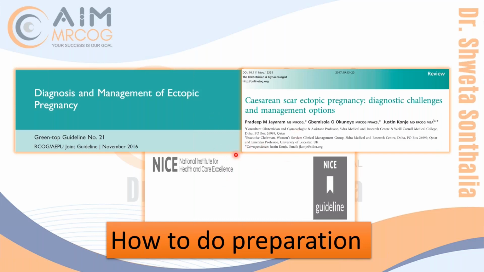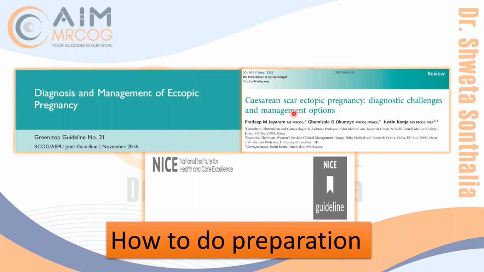Why should you read it all together? Because if I read NICE today, and after 2 or 3 days I read GTG, or after 2 days I read this, I'll forget what is already written here. And the TOG is the last one, because these two are more important. So first I should read it, make my notes, then supplement the knowledge with this, so there will be no duplication. And whatever extra is in the TOG only, I will make one page of notes.